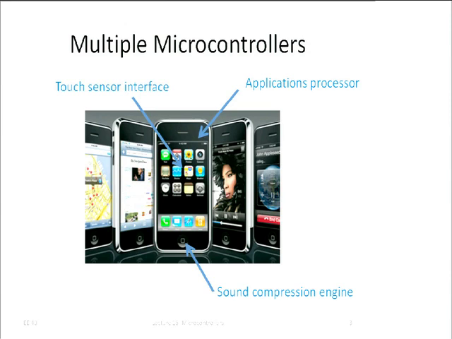There is probably a sound compression engine, and so on and so forth. So there are maybe 3-4 microcontrollers inside that support the main CPU that does all the graphics and the complicated stuff. Likewise, in a car, of course, you will have the navigation board computer. So when you graduate from here, you'll get a great job and you will buy one of these cars, right? But around all of these and the engine control computer and so on, in a higher end car, you have like 100 little microcontrollers